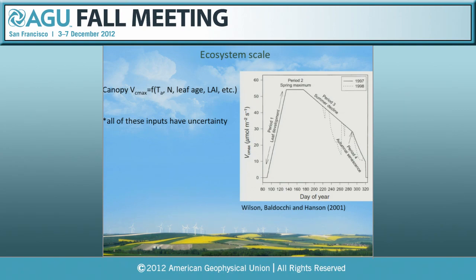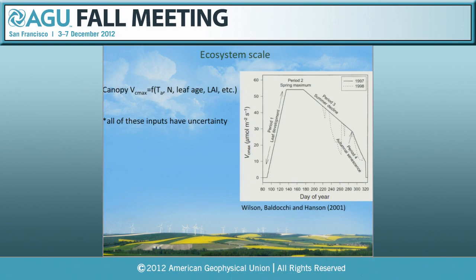But I also wanted to point out that these aren't necessarily new findings. For a long time, we've known that the Vcmax in this example has a relatively typical seasonal approach with some characteristic summertime declines, of course, after senescence. This is work by Wilson and others at Oak Ridge in 2001 on primarily oak trees, with also some deficits due to drought. And this reminded me, actually, after I put this together, Gabby Katul wrote an interesting paper in